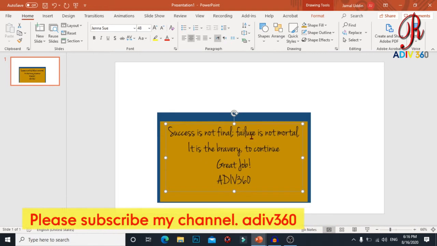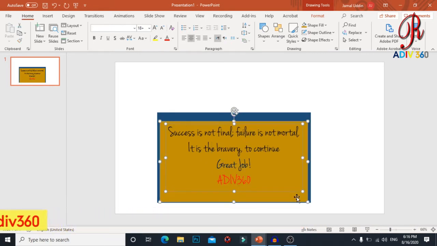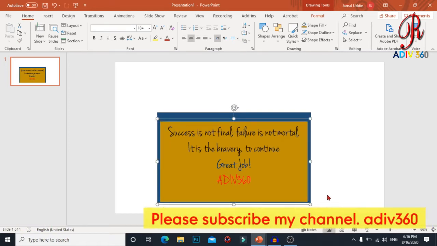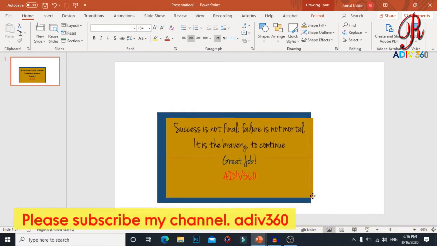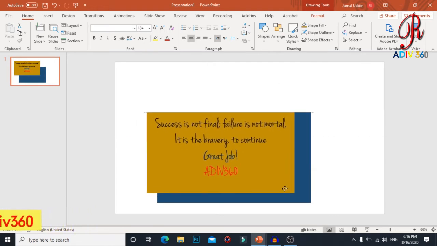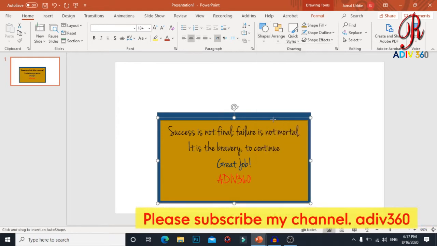Now select the card and the text together and press Ctrl+G to group them. So now we have our card with text and we have the background. Now let us try to create the flap to create the envelope. Let us go to the Auto Shapes Gallery and select Isosceles Triangle,